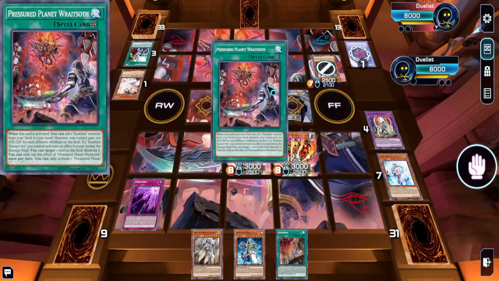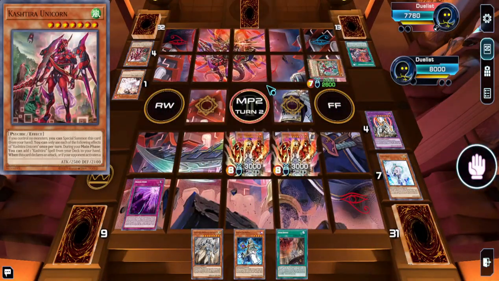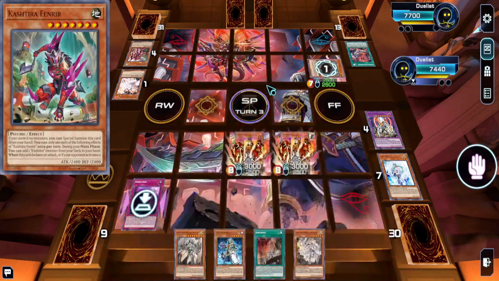I'm going to go ahead and go for the Effect Veiler. And then he goes for Planet, but nothing too crazy here, right? He's going to have to punch himself into this Lava Golem, go into Fenrir to grab, I don't know, a Rise Heart maybe, or follow-up. He's going to go for Unicorn, but I have a lot of follow-up too. Aleister, Nadir Servant. So the Garua draw actually ended up not being that bad. And there's Ecclesia, so